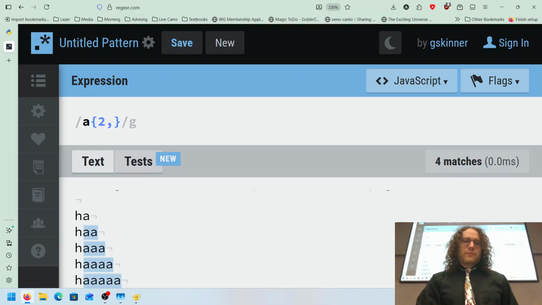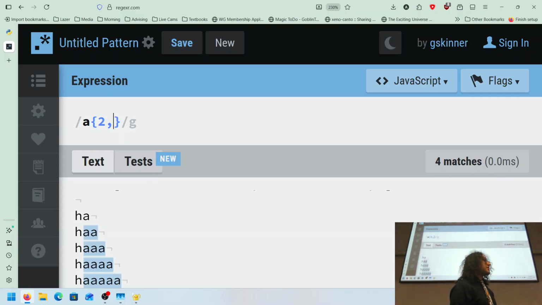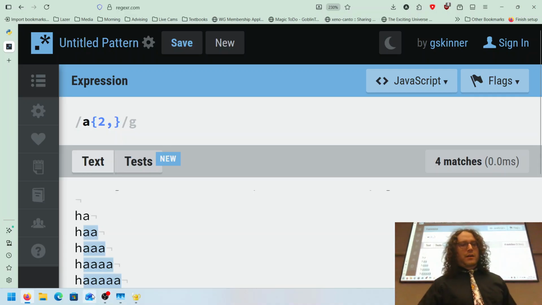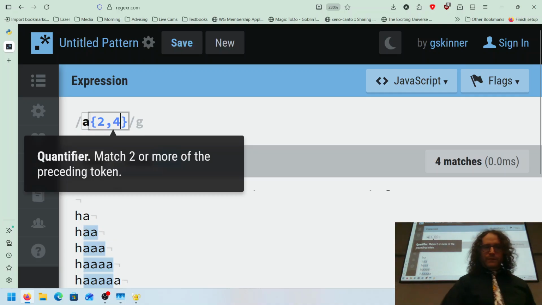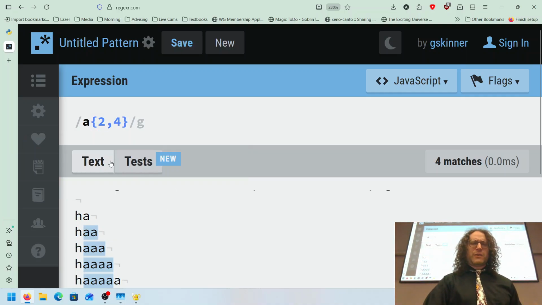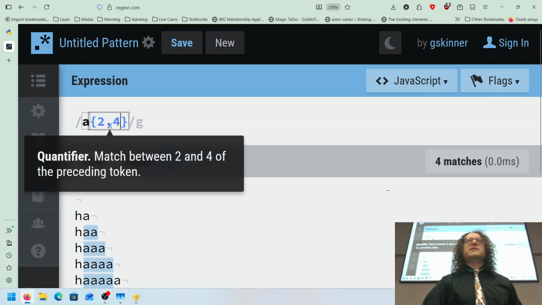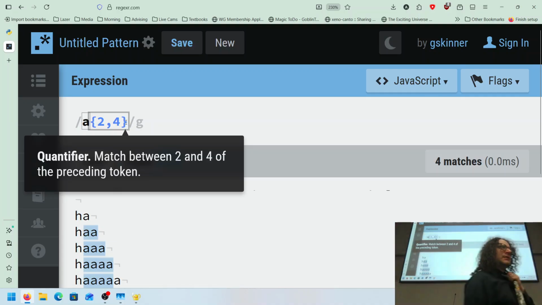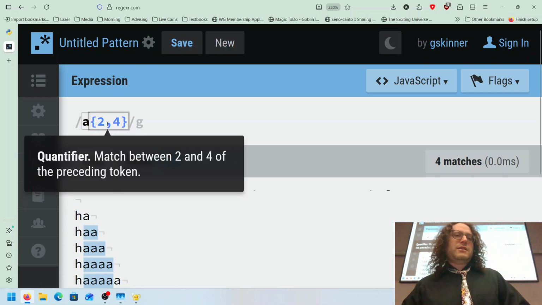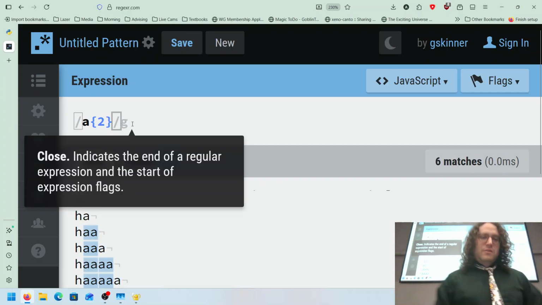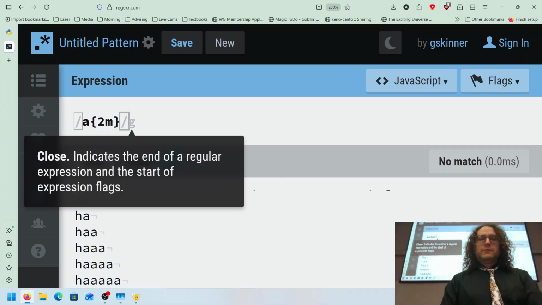Okay. I can also put a comma there, and just like in Python, if you leave it open, it says 2 to any number, but usually you want to put a number here. And this should be fairly apparent as to what that does. We've got A, 2 to 4, right? Makes sense? Matches between 2 and 4. So that could be useful, 2 to 4. So that's your quantifier. Basically, you can use it 2 ways. Exactly, a range,